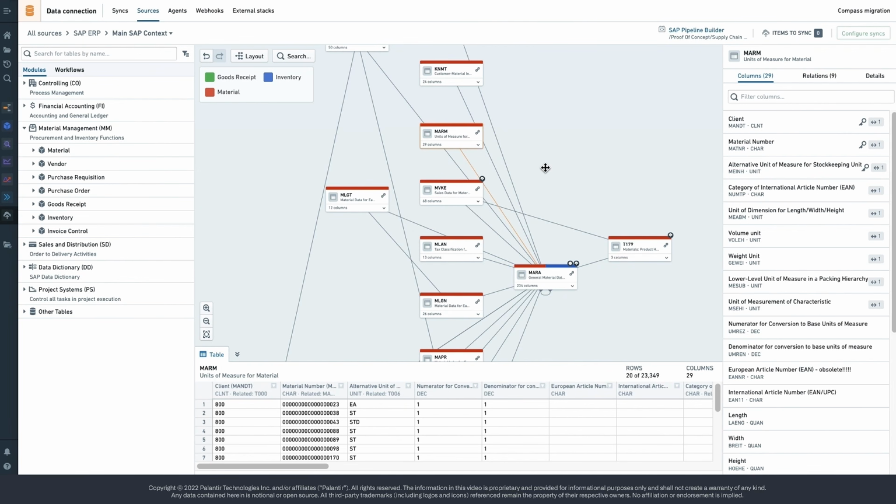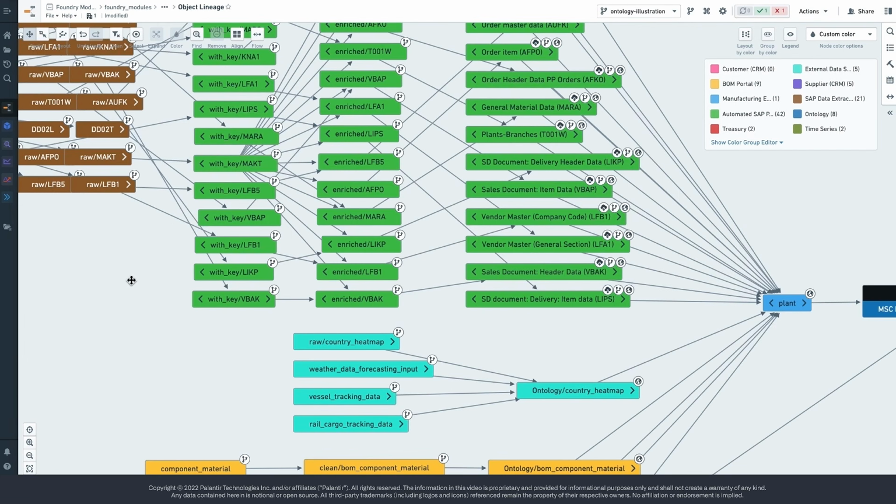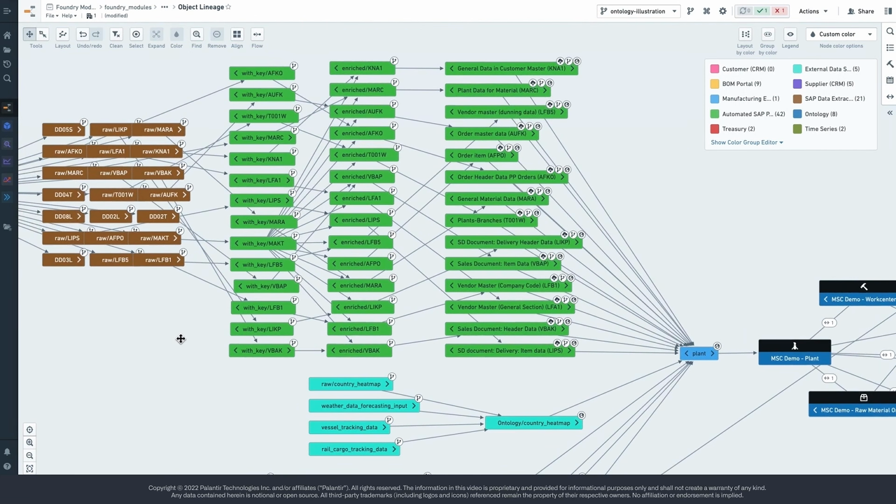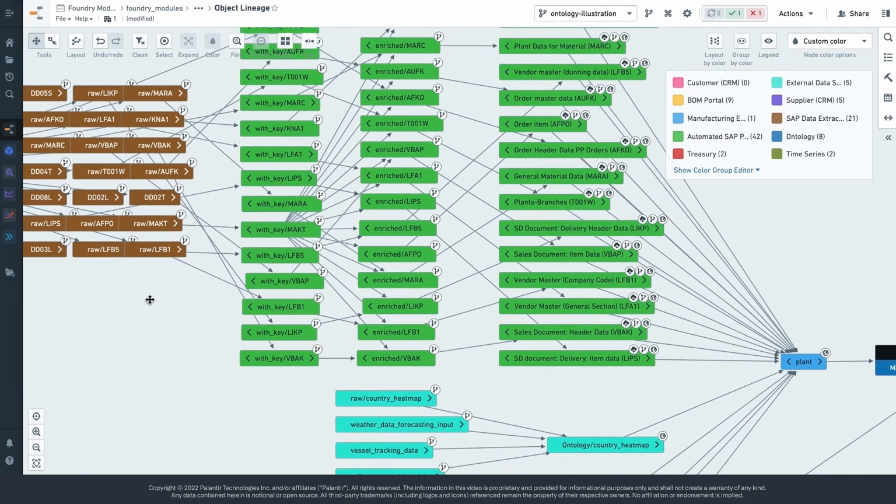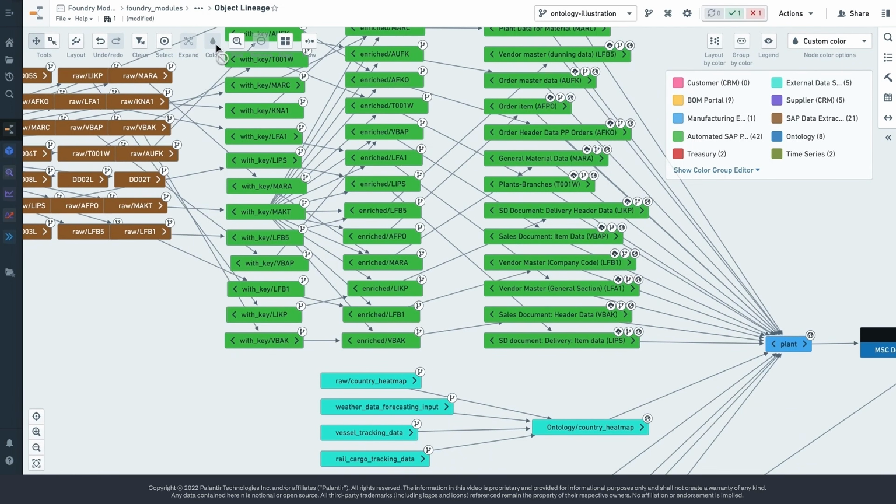on the Foundry side. And this applies critically not just to standard modules like MM or SD or DD, but also Z tables that you might have customized, because we're not just doing static mapping, we're doing a dynamic inference of the metadata through NetWeaver. So if you have a very custom SAP estate or CRM estate, and many people do, it's very simple to install the SAP connector, which is certified native, and browse around and then, in a shopping cart-like experience, pull in the data that's of interest to you into a set of pipelines in Foundry that you then start to work with. And that was how we created these green pipelines that we saw before. And we saw that what was actually produced was PySpark.